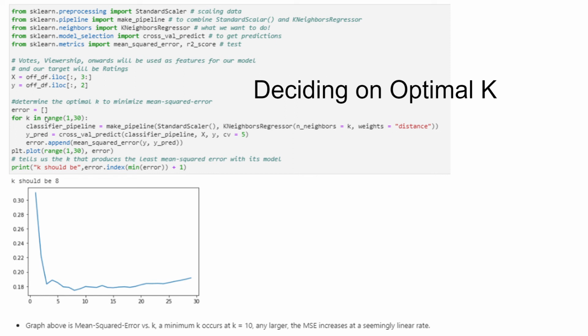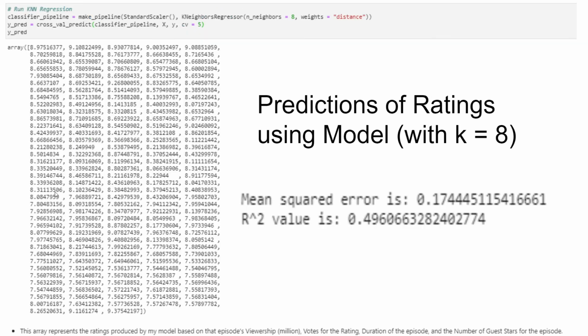So if we have 0 to 28 and the range is 1 to 29, you have to remember to add 1. I actually saw a website where I was doing research on how to do this process, and this person actually forgot to add 1. And this person had a career and everything, so it just goes to show that you have to watch out for the small things, no matter how accomplished you are. So in the end, K should be 8 as our optimal value.